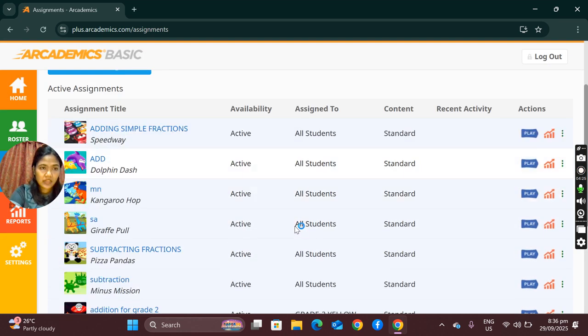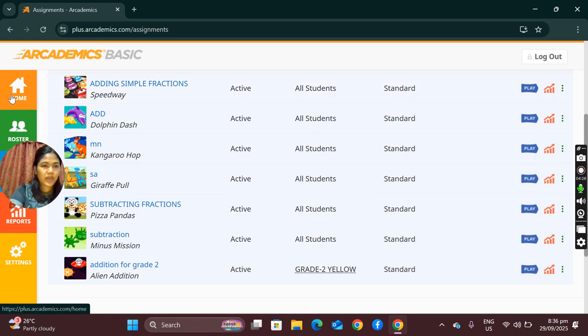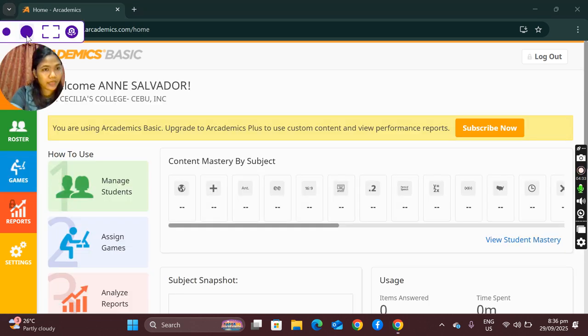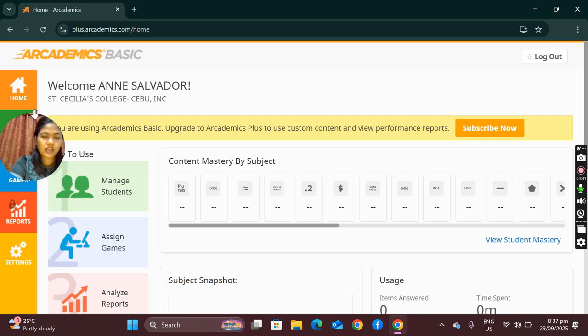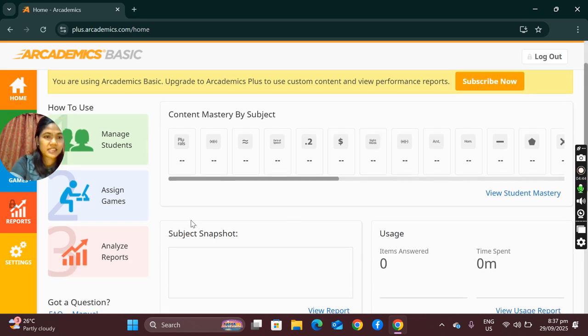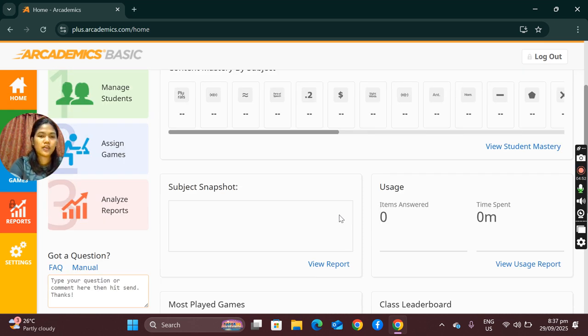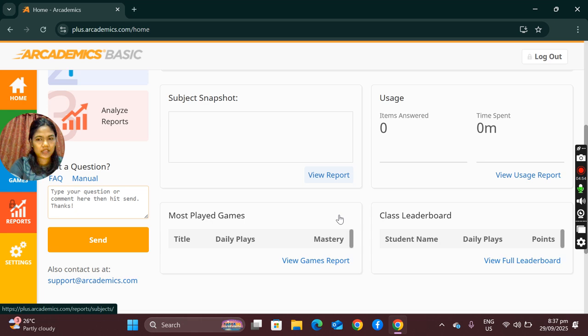The students will open their accounts, the ones you made for them through Manage Students. After you publish that game, the students can already see the availability of that game.